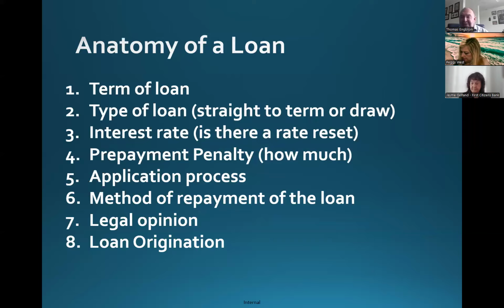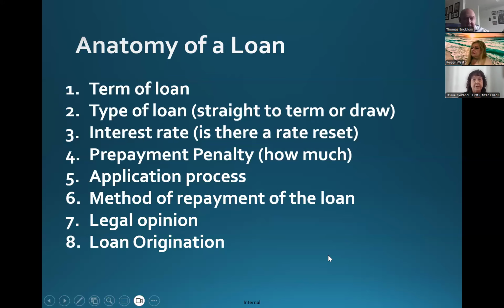So what happens? We do what they call a 10-5. It'll be fixed for that 10 years and then reset after 10 years at a new rate, whatever that is. You'll always have a floor in there that it won't go below. And it's all about statistics and numbers, right? So if you get a 10-year, you pay it off in 7. You get a 15, you pay it off in 11. Prepayment penalty, basically, our